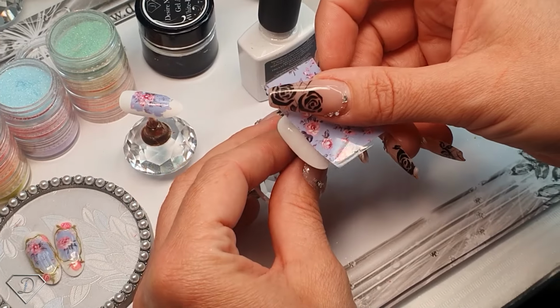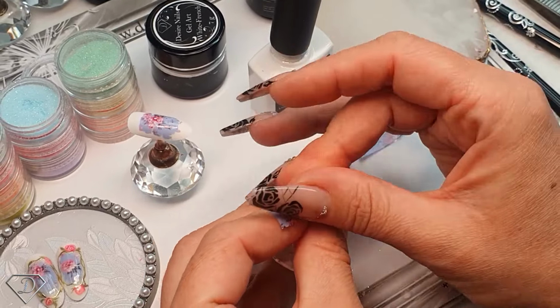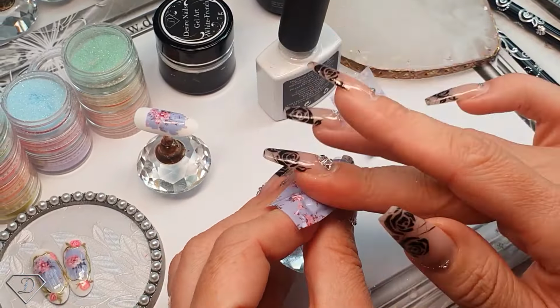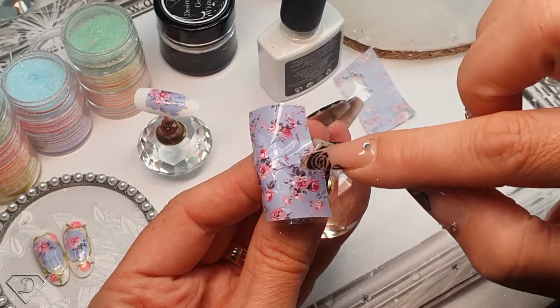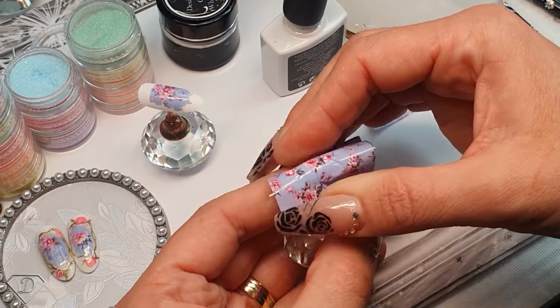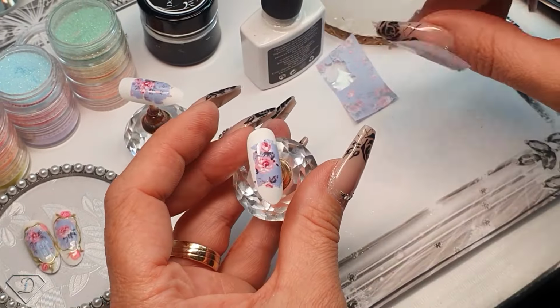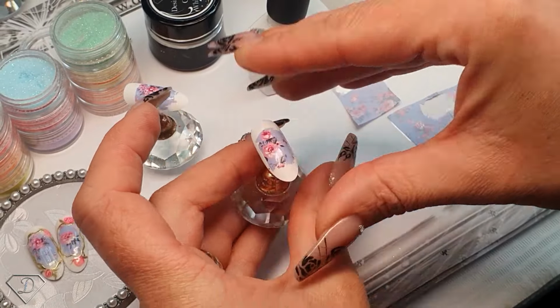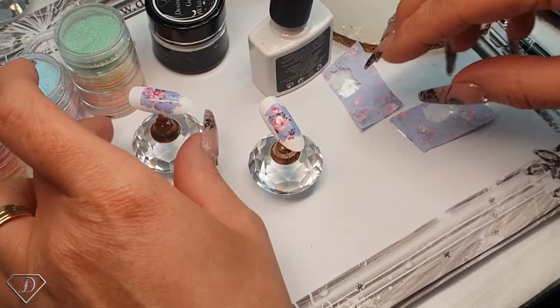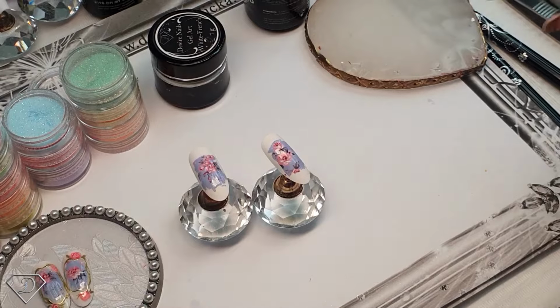Let's do on this one. I'm just searching for a place which I really want to transfer. As you can see it, you don't really need much of a skills to be able to create those designs. If you get those kind of lines, what ideally you want to do is iron them in, just like this. And this way you will get a better coverage. I'm not too fast for this design, so there we are. That will do. Put it on the side, and then I'm gonna grab our French gel and a watercolor brush